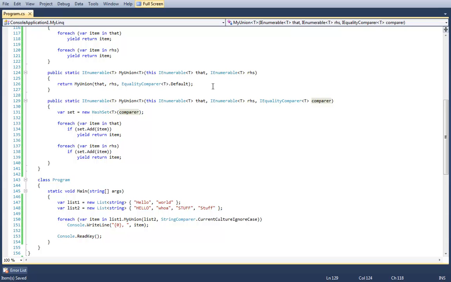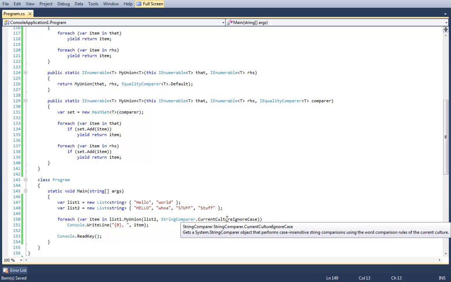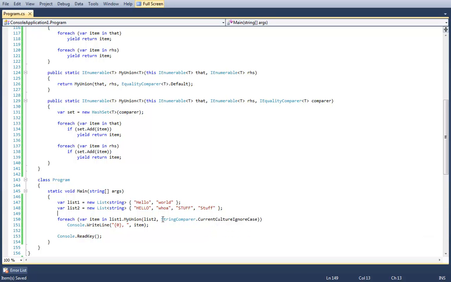What does it default to? When and how would you use it? Well, here's an example of when you would override the equality comparer. Notice how I have two lists of strings, and I'm passing in a current culture ignore case, which is a string comparer. And a string comparer is a class that implements IEqualityComparer. So if I want the comparison to ignore case, I can pass this in optionally.